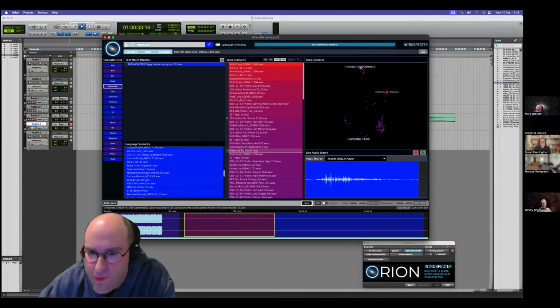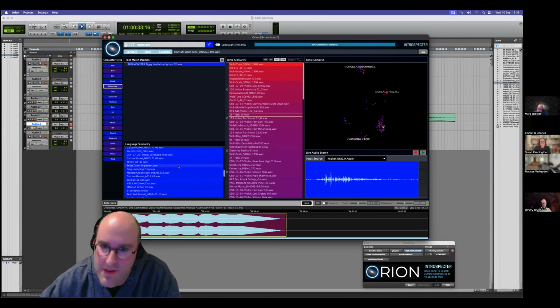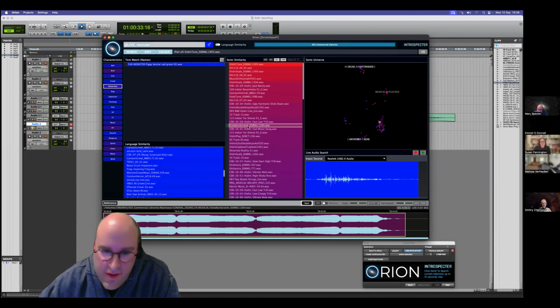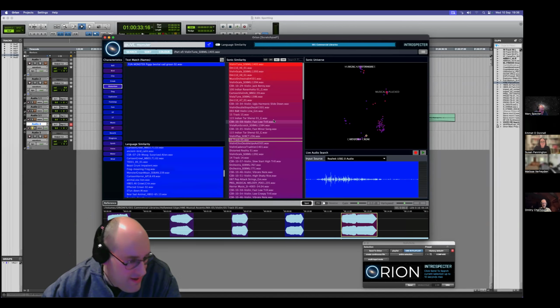There's this custom flagging thing, which is quite basic for now, but it will remember that until you do clear flagged. So that can be useful. Revealing Finder. You can add sounds as characteristics. You can add sounds as prompts, all sorts of stuff. But I'll take that as a good, quick run through and start